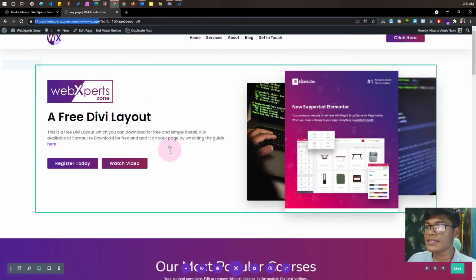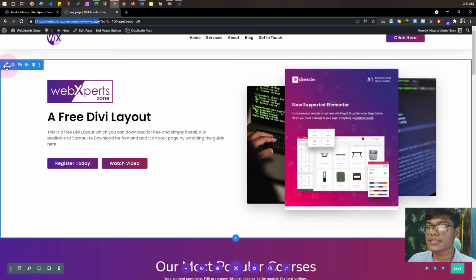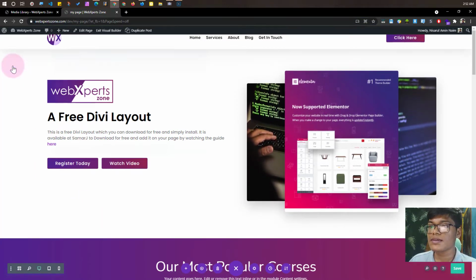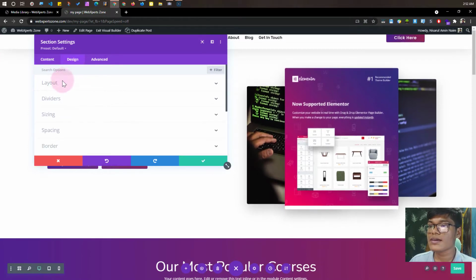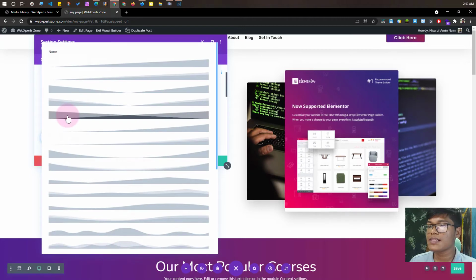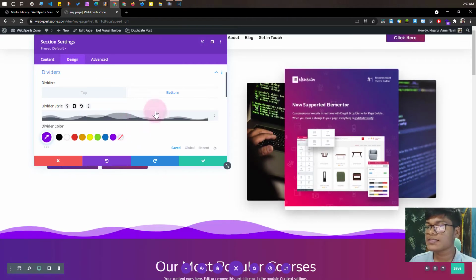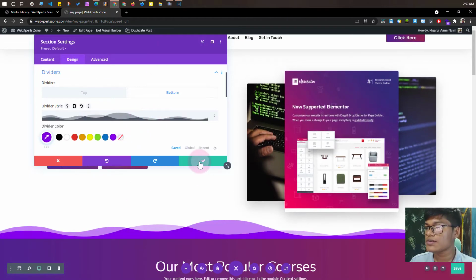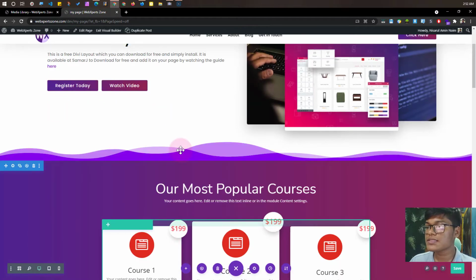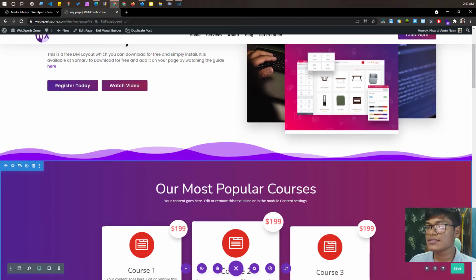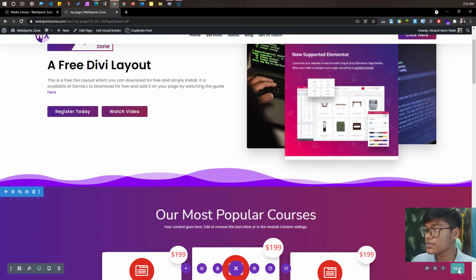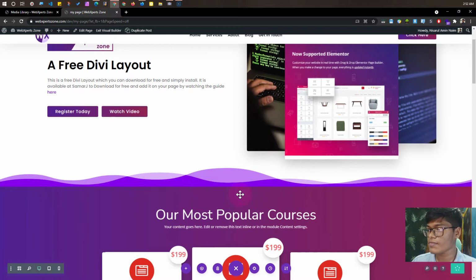This is the page and this is the section. At the bottom we're gonna set a divider. Let's set it up. Divider's bottom and divider style. This is the divider we're gonna set. Okay, as you can see, it doesn't match with this section, does it? It doesn't. So basically what we're gonna do, we're gonna save the page